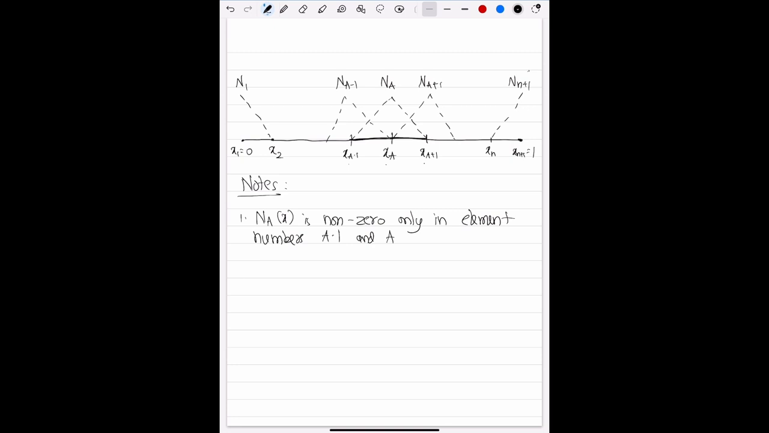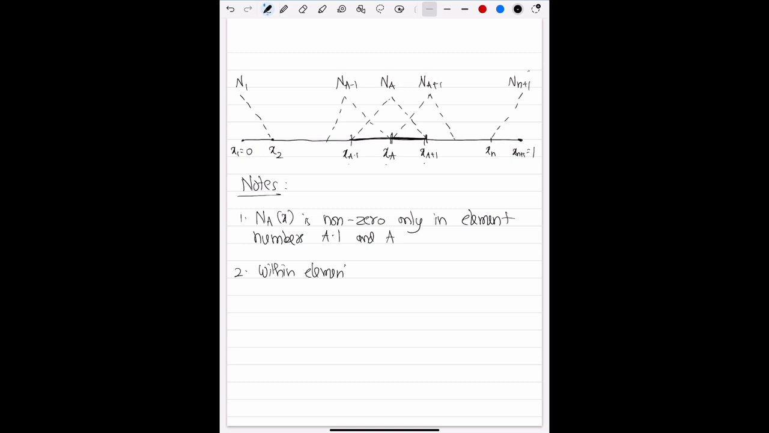in all other elements. As a result of this, if you focus on one particular element, let's say element number a, which ranges from node xa to node xa plus 1, within this particular element, you can notice that there are only two basis functions which are non-zero. Firstly, the basis function Na, and secondly, the basis function Na plus 1. Apart from that, all other basis functions are 0 for this particular element. So our second observation is that